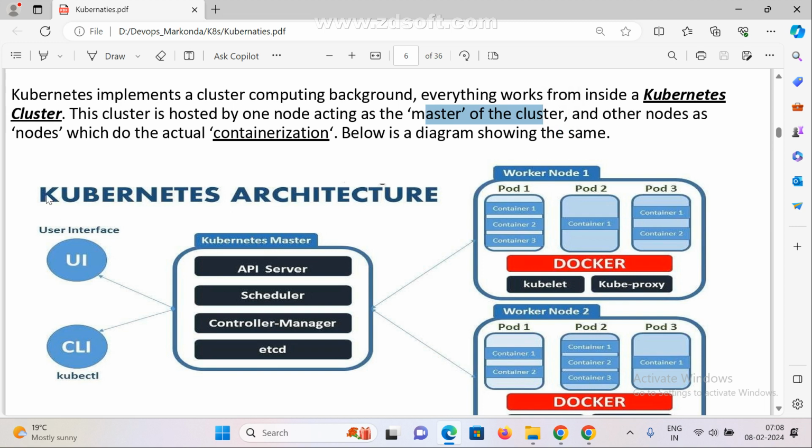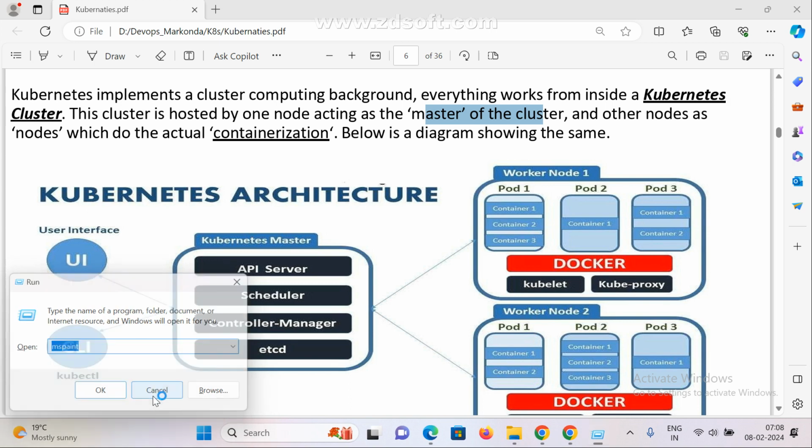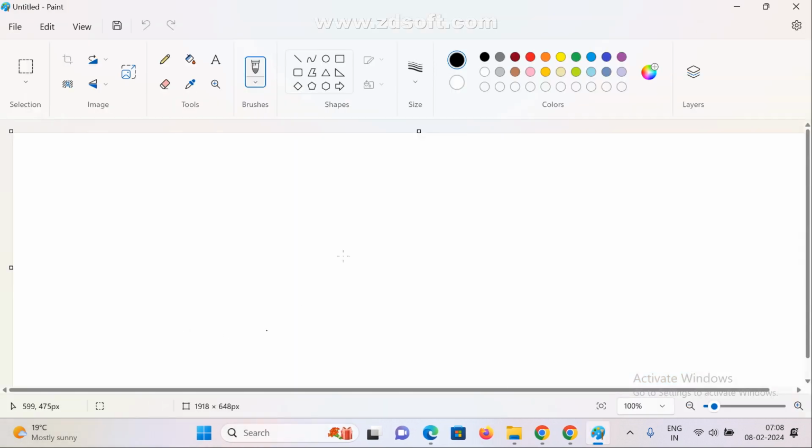Now see here, this is the user interface, this is kubectl, these are the commands. In Docker, there is the Docker client and Docker daemon, right? If you send any request, to whom does the request go? From the Docker client to the Docker daemon, right? In the same way, if you go here,